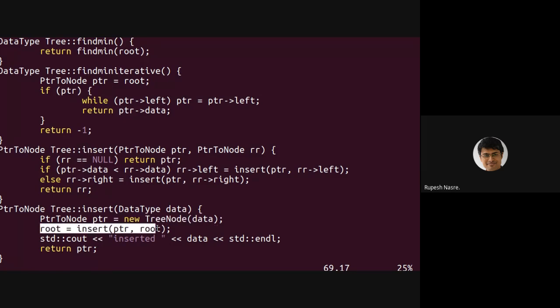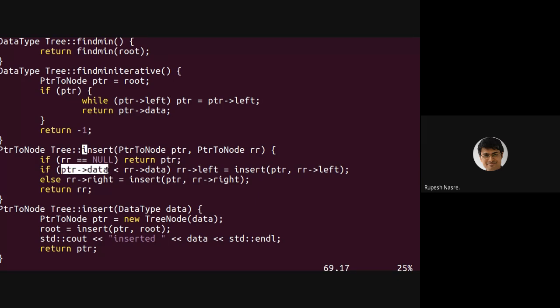And then I'm going to call it as root equal to insert(ptr, root). Right? Or root comma ptr, whichever is the appropriate signature. And then that pointer I'm returning, but anyway, that is not very important. Insertion is going to be rather straightforward, as we have already seen. If it is null, then I'm going to return ptr, and therefore root gets the new value of that ptr, right? Because this is the first node to be inserted, but this is also getting used by the recursive call. So we have to be a little careful about this part.